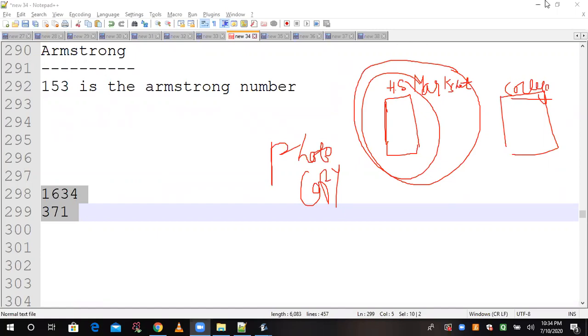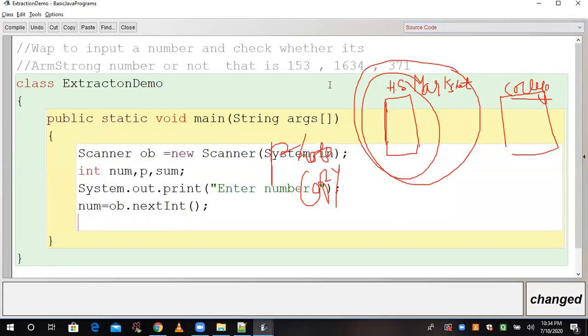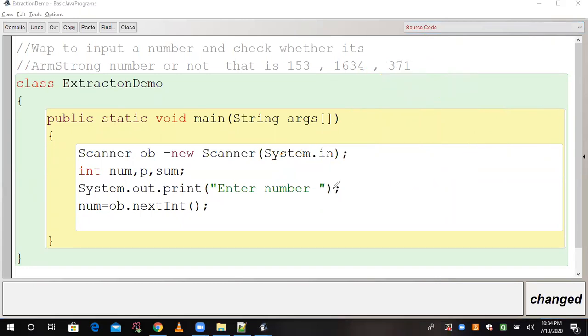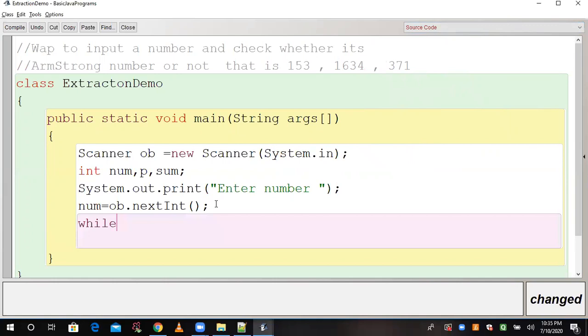Now look here, I just want to clear this drawing. Now we know that when we run this loop, while num is greater than 0, this loop is for digit extraction, so our number gets completely destroyed. But we need that number for comparison purpose.